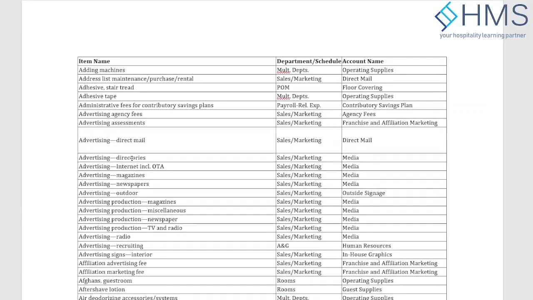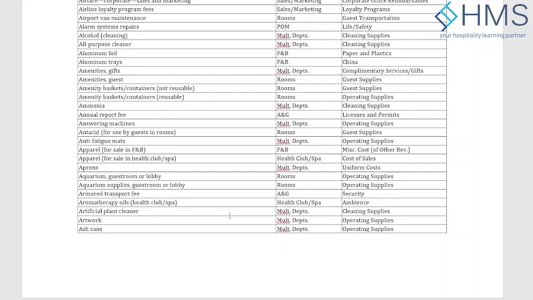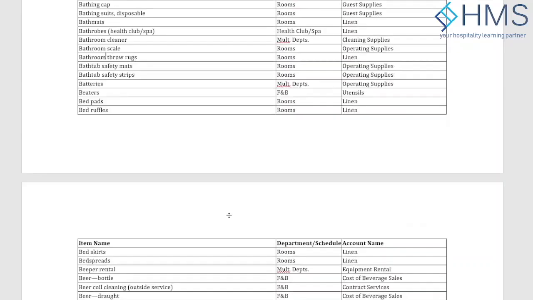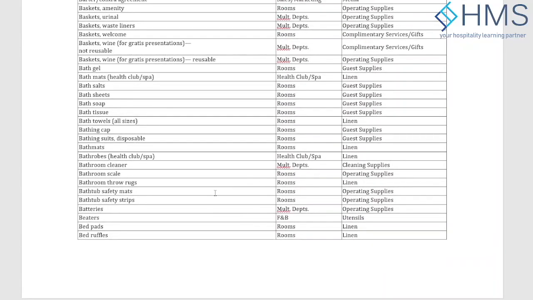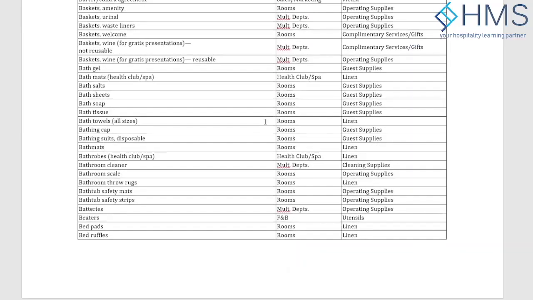You can see advertising, direct mail, where they will go, advertising for directories, including advertising in magazines, whatever line item. So you can just search them, like bath mats, bath gel, where you're going to put them, bath salts, bath bed sheets. Wherever these items are going, you will be able to see where they go. These are prescribed by the usual accounting standard.